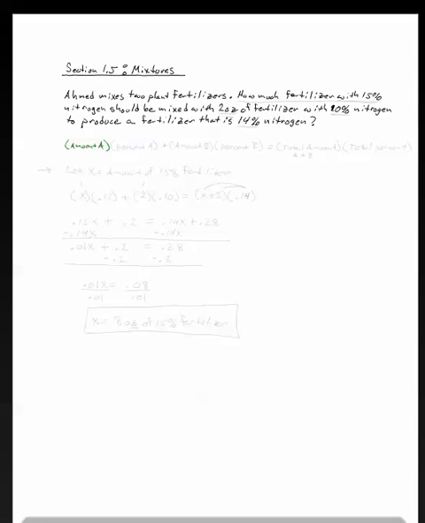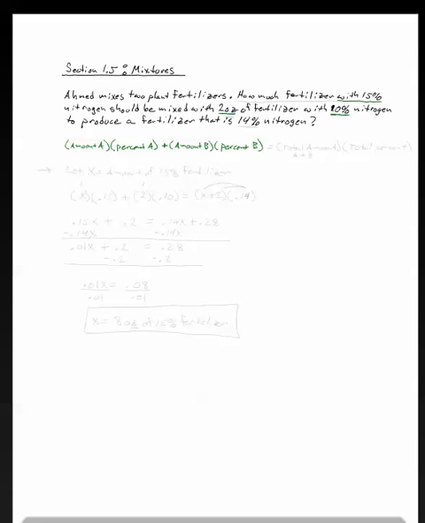of A times the percent of A. So in this case, the amount of A would be the amount of fertilizer with 15% nitrogen, and the percent of A would be 15%, or 0.15 as a decimal. So then we say plus the amount of the other mixture, so the amount of B times the percent of B. Well, in this case, the amount of B is 2 ounces, and the percent of B is 10%,